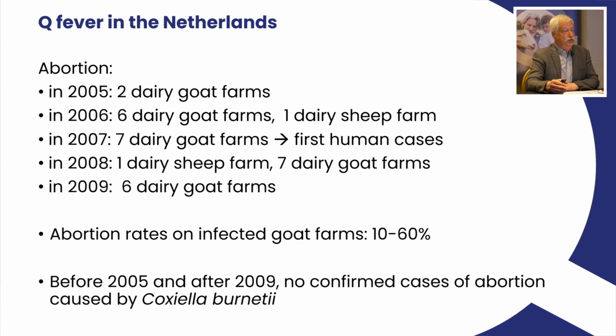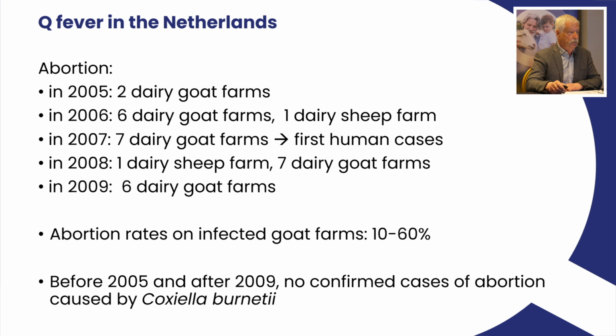Abortion rates on those infected dairy goat farms were between 10 and 60%. To get an impression of the dairy goat industry in the Netherlands, the average number of goats in that period was around 1,000 animals per farm. It has gone up to more than 1,400 animals per farm at this moment. But 10 to 60% doesn't imply all the animals on the farm, because on most of these farms you have what we call an extended lactation, and only parts of these animals are pregnant at the